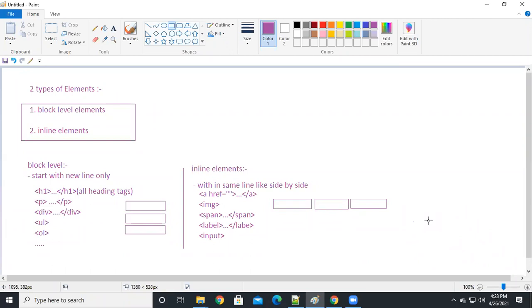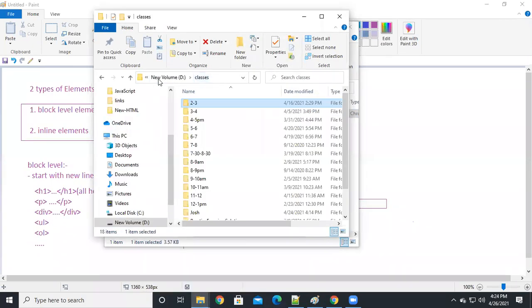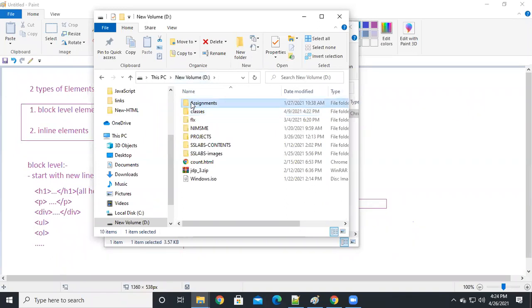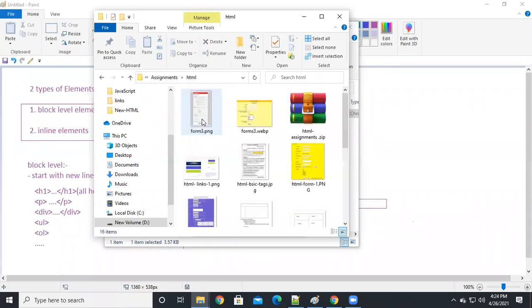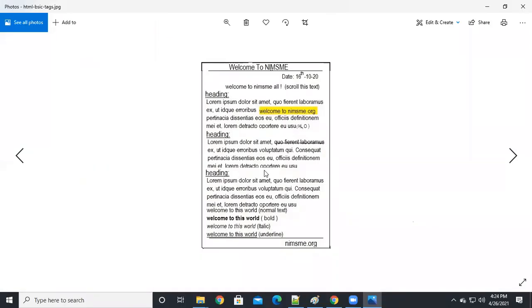And guys, you just do a small task on this. You just design like this, guys. Take one empty document and create a page like this. Take one heading, next an HR and date.